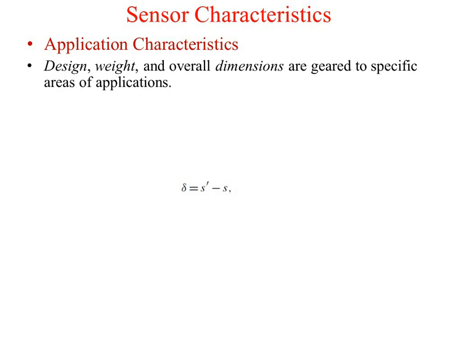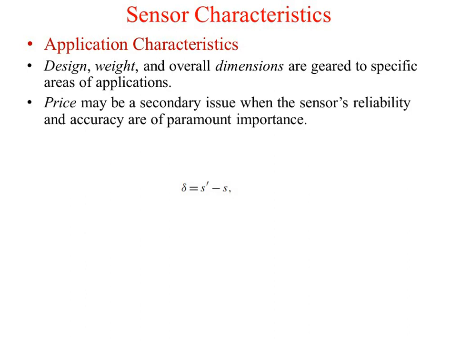If it is a micro or nano application, then you cannot go for a normal sensor. You need to have a micro or nano type of sensor only. So this is how you will be considering these parameters, based on applications and based on the space available. Obviously cost will be another factor you need to consider, but cost is secondary whenever you are going for reliability and accuracy type of parameters. So another parameter is called uncertainty.